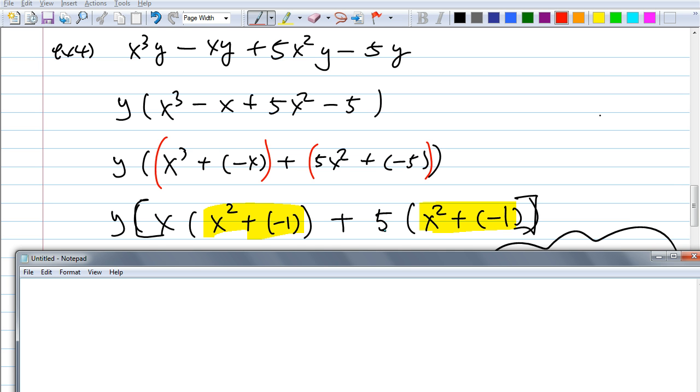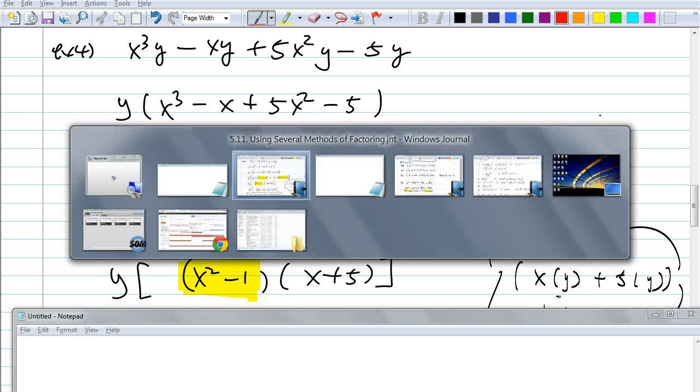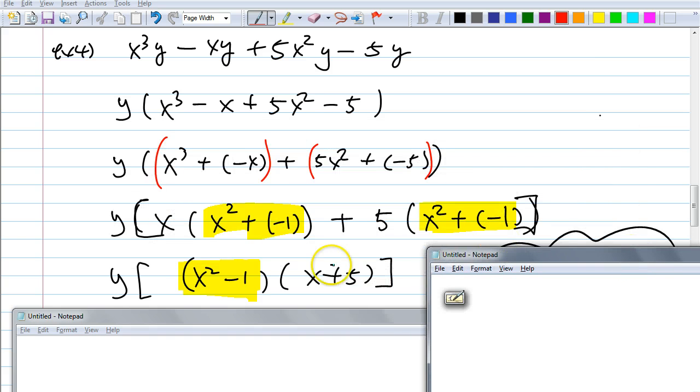Where y, x plus 5, x squared. That's right. I wrote x squared minus 1 first. Is that okay, guys? Because that's my common factor. If you don't believe me, let's multiply it back. X squared minus 1. By the way, what is x squared plus -1? Isn't that the same as x squared minus 1? By definition of